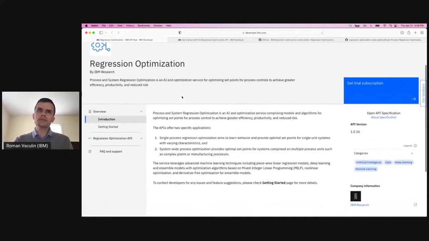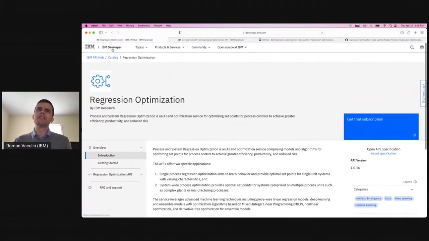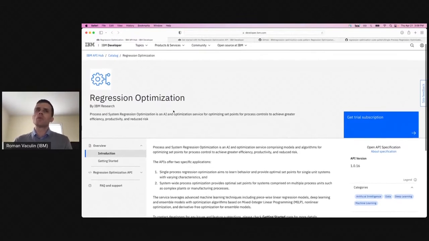Now, with that in mind, I'm going to switch to the actual service, and we'll walk you through the service API that's available on the IBM Developer on IBM API Hub. The way you can find it is pretty simple. You go to Google, you type regression optimization or IBM regression optimization, and it will take you directly to this web page where you find a combination of